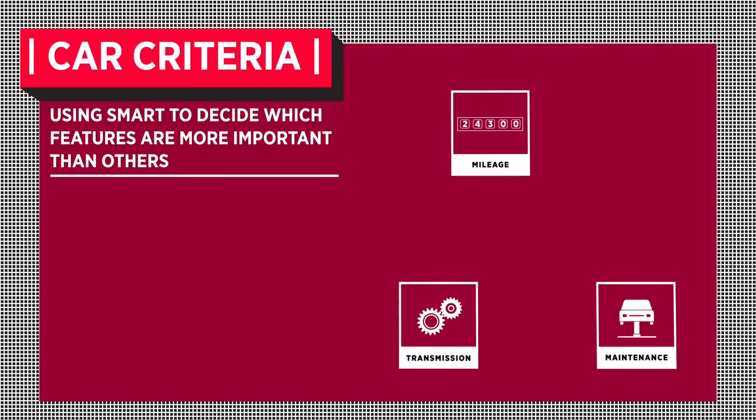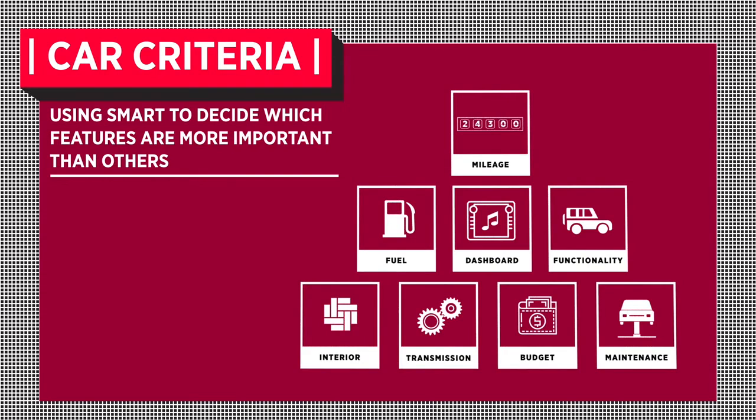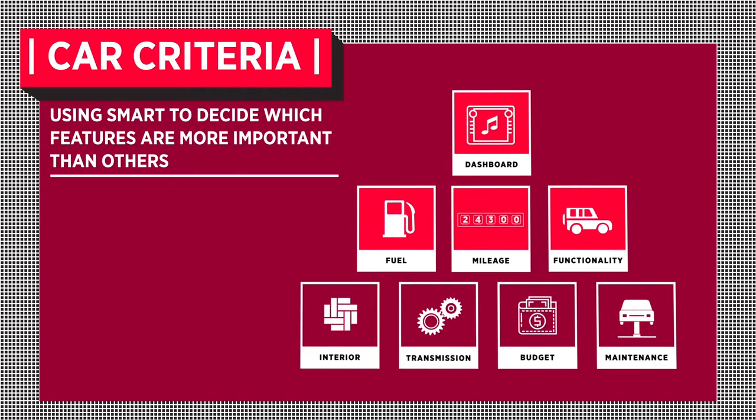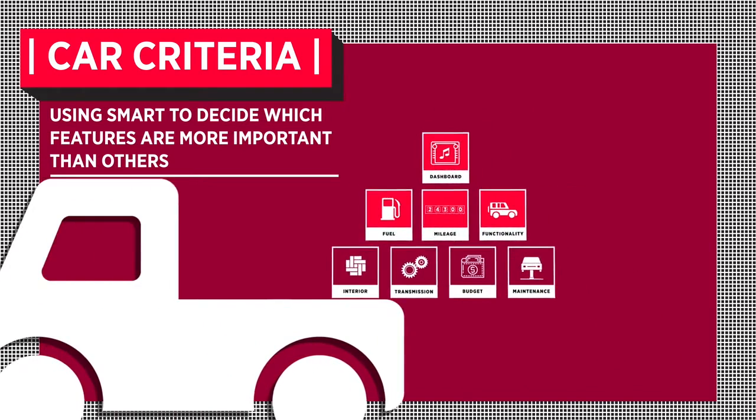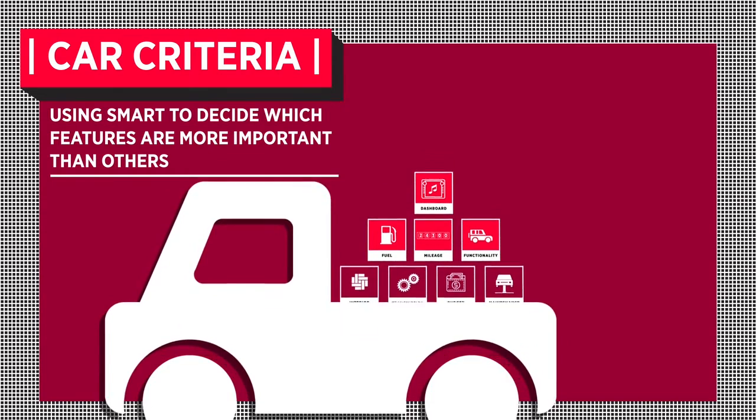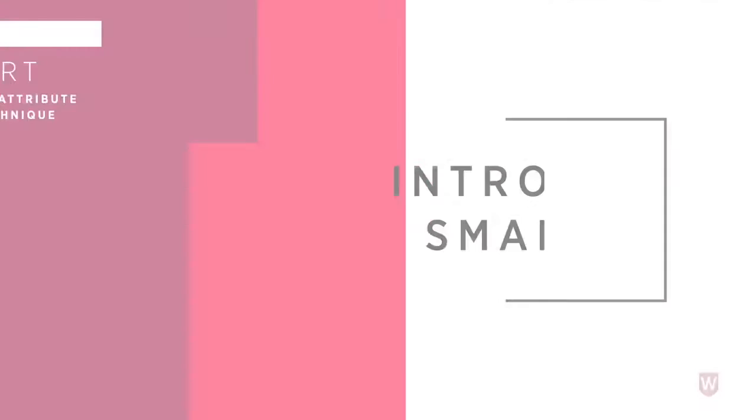As you can see, there are numerous such factors to consider. You will then have to decide which of these are more important than others. To do so, some will be prioritized over others. Then the question is, how would you unify all these factors and arrive at one decision of which car to buy? This is a situation where we can utilize SMART.